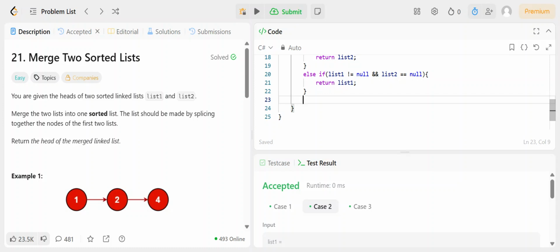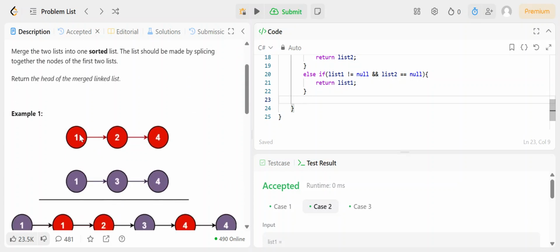If list1 is not null and list2 is not null, what is the next thing we need to do? We need to compare both nodes' values. So let's say list1's first node and list2's first node. I need to compare both of them and pick up the smaller value. So if list1.val is less than list2.val, then we just need to return a new list node with the list1 value, and